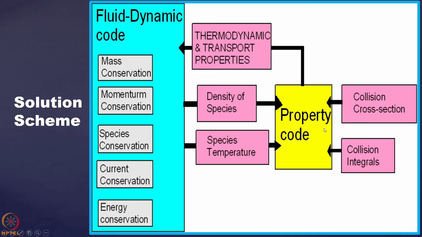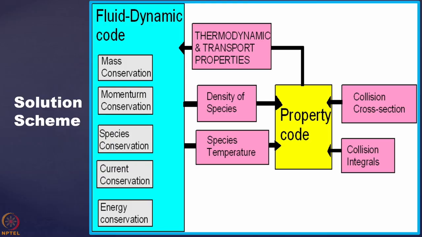This is because their properties are highly nonlinear with respect to temperature, and as the temperature varies, the properties vary. Unless you are able to give the right property at a given temperature, it will never give you any solution which is close to the practical one. So the importance of the fluid dynamic code and the property code are equal, or I will say that the importance of the property code is a bit more, because this part is usually very complex, and still